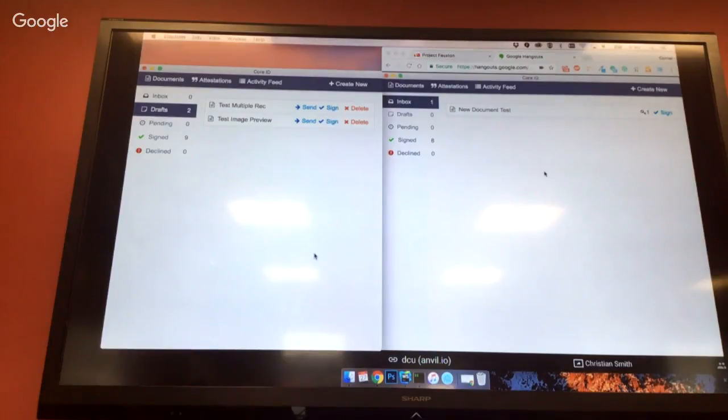Okay. So on the left, we have the application running on my machine. And on the right side, there's the application running on Christian's machine. It's a screen share. So I'm going to focus on my application. At this point, this is the initial state of the application after you log in to provide your identity. And in order to go through the entire flow, we're going to start by creating a